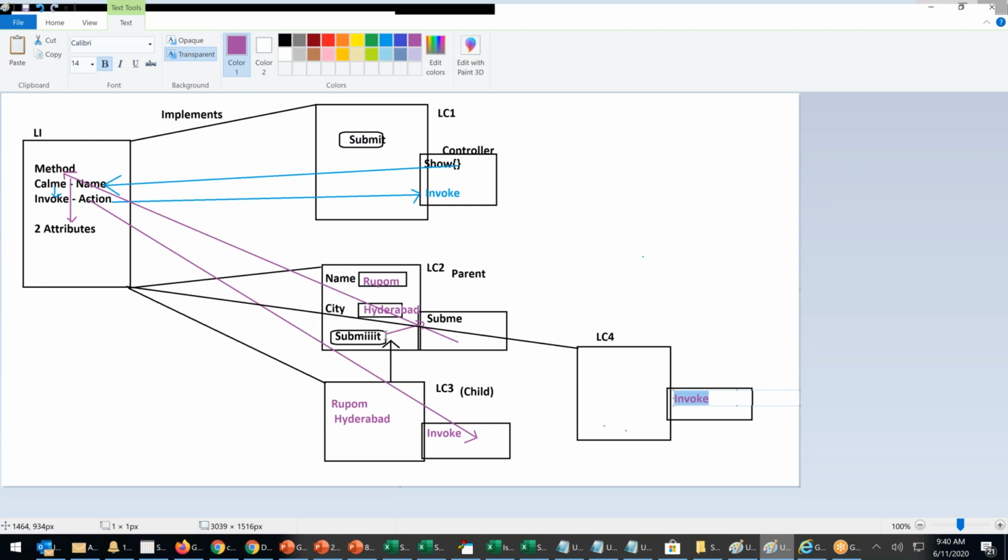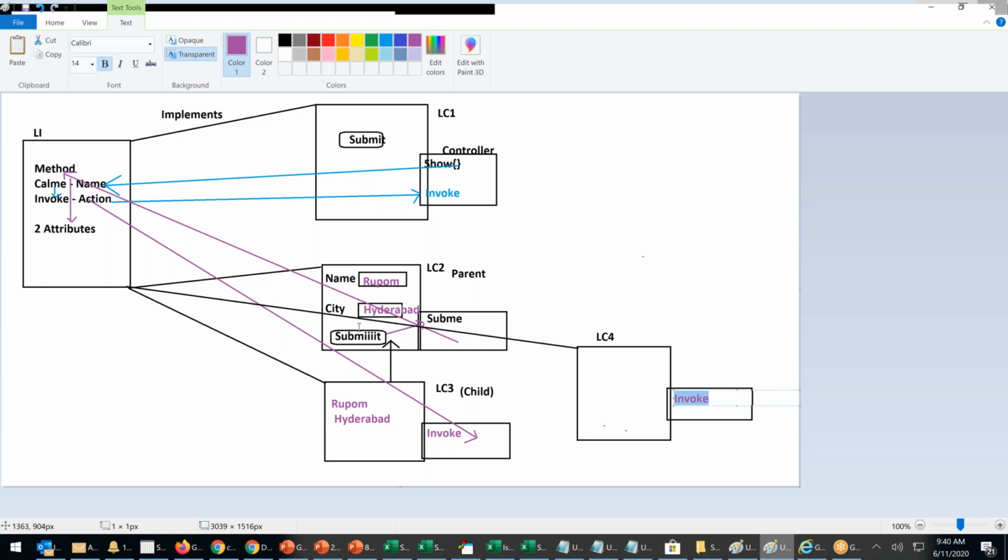In LC4, the same method invoke, both have the same name, but there the calculation will happen with 8%. So on the screen, you will see CGST and SGST fields. This is the real-time usage.